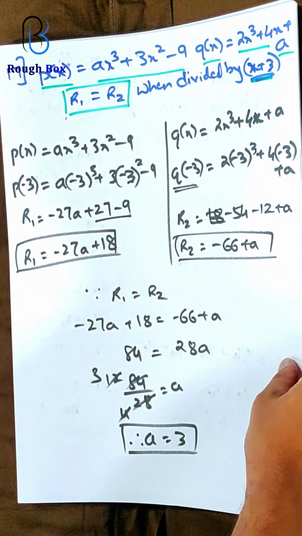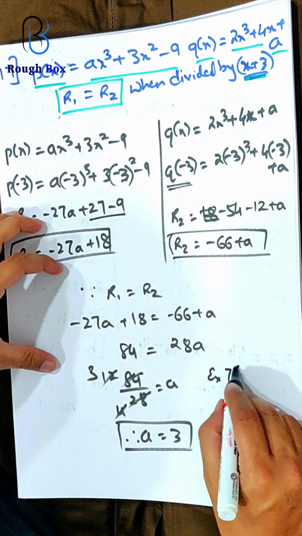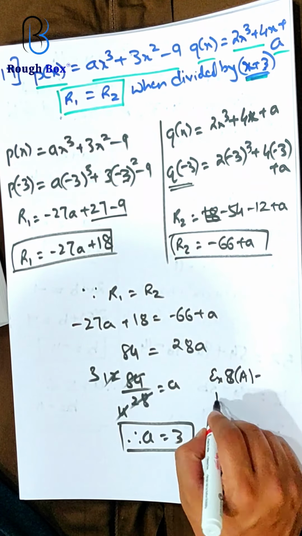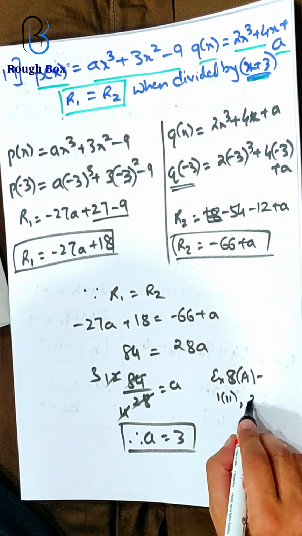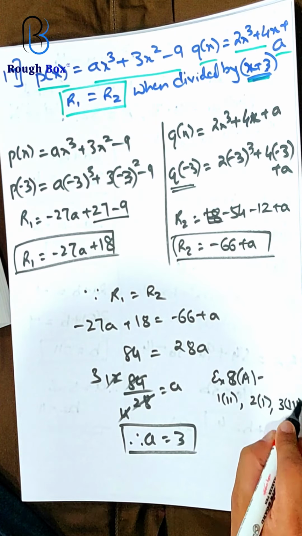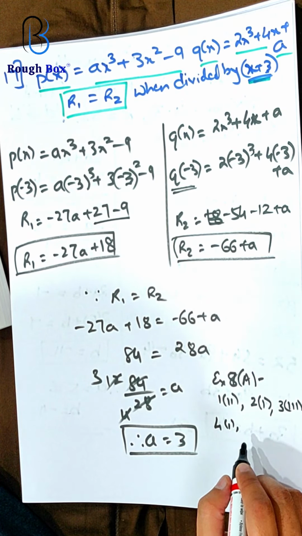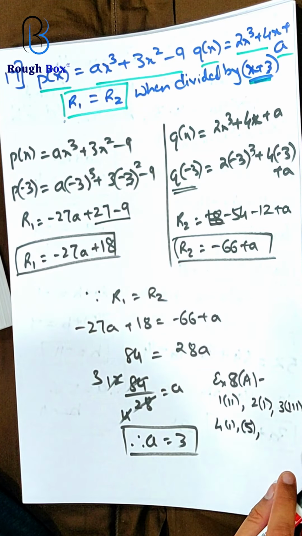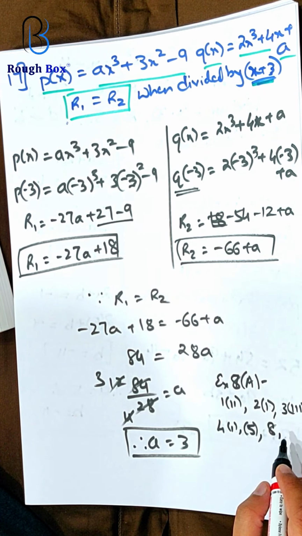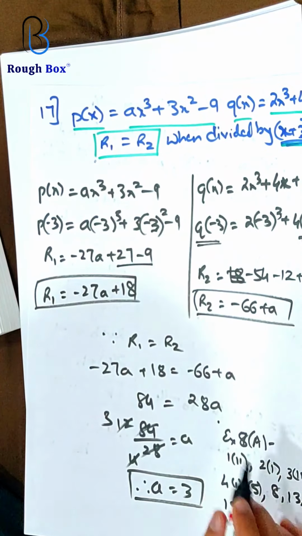Yeah. Coming to the last part, yes, your homework. So exercise 8a. All these sums which I have done, obviously you are going to try it, and these are the remaining sums which I want you to do as your homework. 1 part 2, 2 part 1, 3 part 3, sum number 4 part 1, sum number 5, which is a 2 missing variable type. So good question. 8, 13, 15. Yeah, these are the sums you can try.